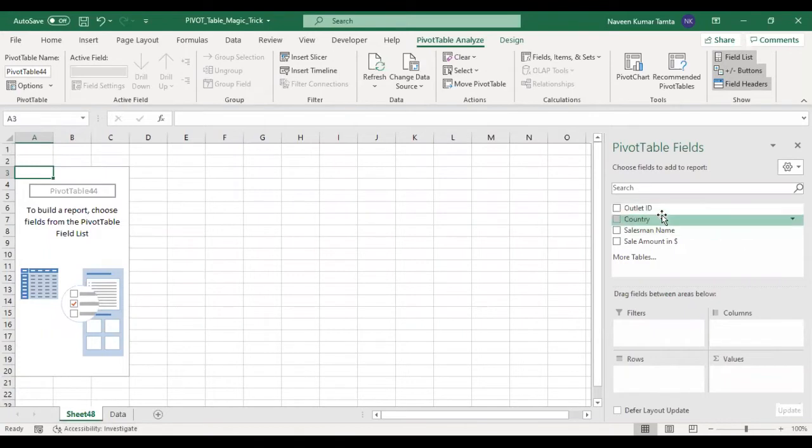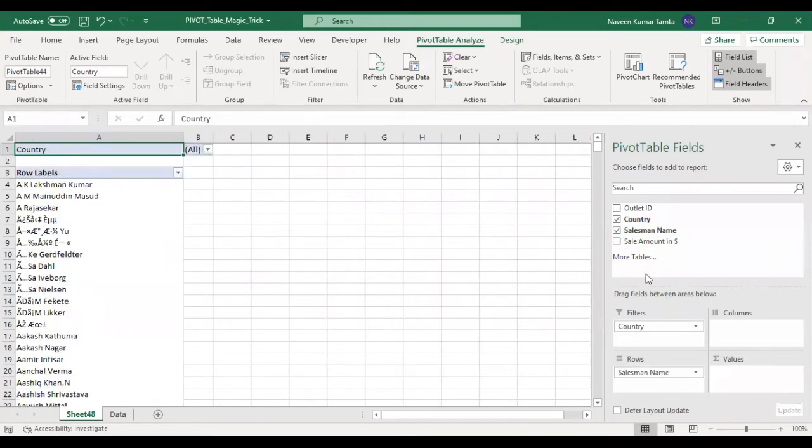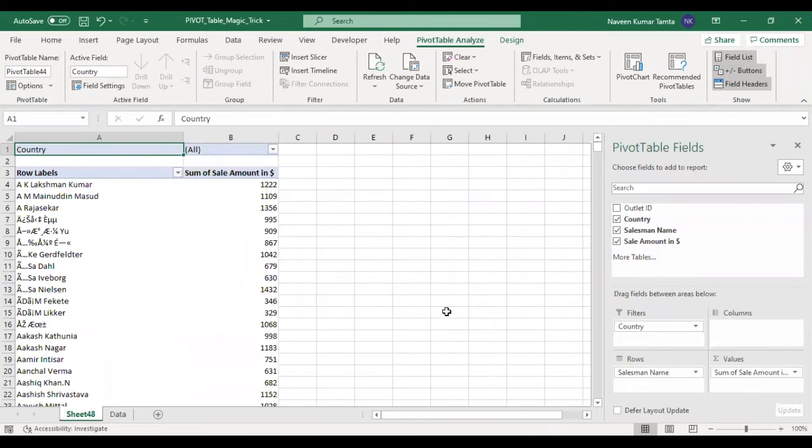So first of all, what I am going to do is, because I have to show my summary through country names, country wise summary. So I will simply drag this country name to filter. Then salesman name in rows and sale amount in values. My summary has been created, and my further course of action is to put my cursor here in this pivot